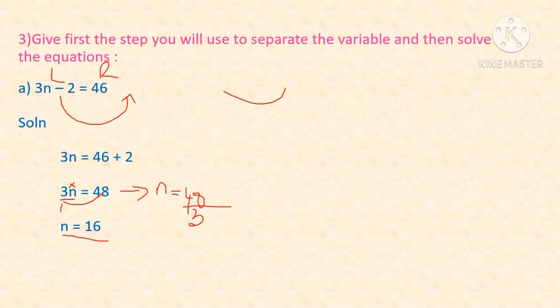So 3n equal to 46 plus 2, which is 48. So 3n equal to 48. Now how do we get 16? You want to do the calculation, right? n is equal to